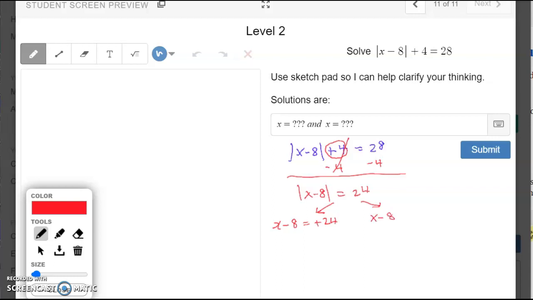Then from here, I can add 8 to both sides, and that leaves me with x is equal to 32. I can add 8 to both sides here, and that leaves me with x is equal to negative 24 plus 8, which is negative 16. So my solutions are positive 32 and